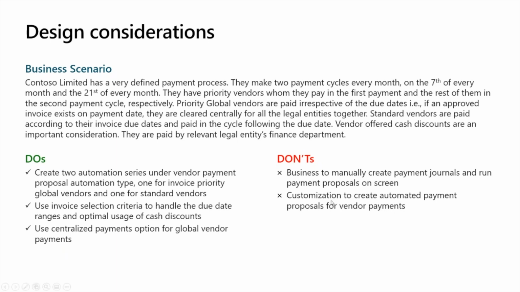And certainly, if you're a consultant or an SI, you would not be going for any customizations in the payment proposal process, or creating any custom batch jobs. In case the out-of-box process is not sufficient, you can always extend the framework itself,